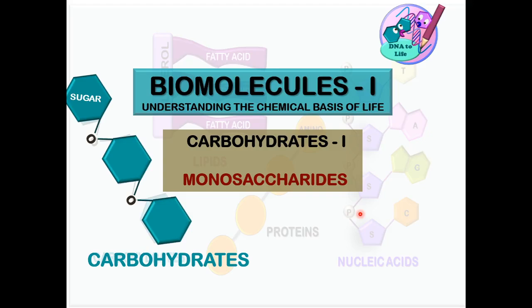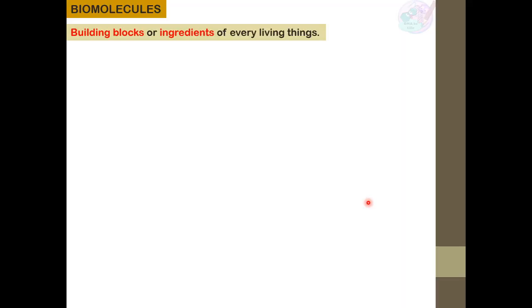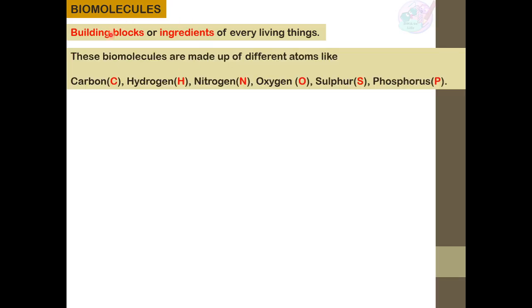Hello everyone, today we will be talking about the biomolecules. Bio means life, and molecules which form life are biomolecules. What are these biomolecules? These are building blocks, or we can say they are ingredients which make every living thing. And these biomolecules are made up of non-living atoms like carbon, hydrogen, nitrogen, oxygen, sulfur and phosphorus. Together these non-living atoms combine in different proportions to form four major biomolecules, and these are